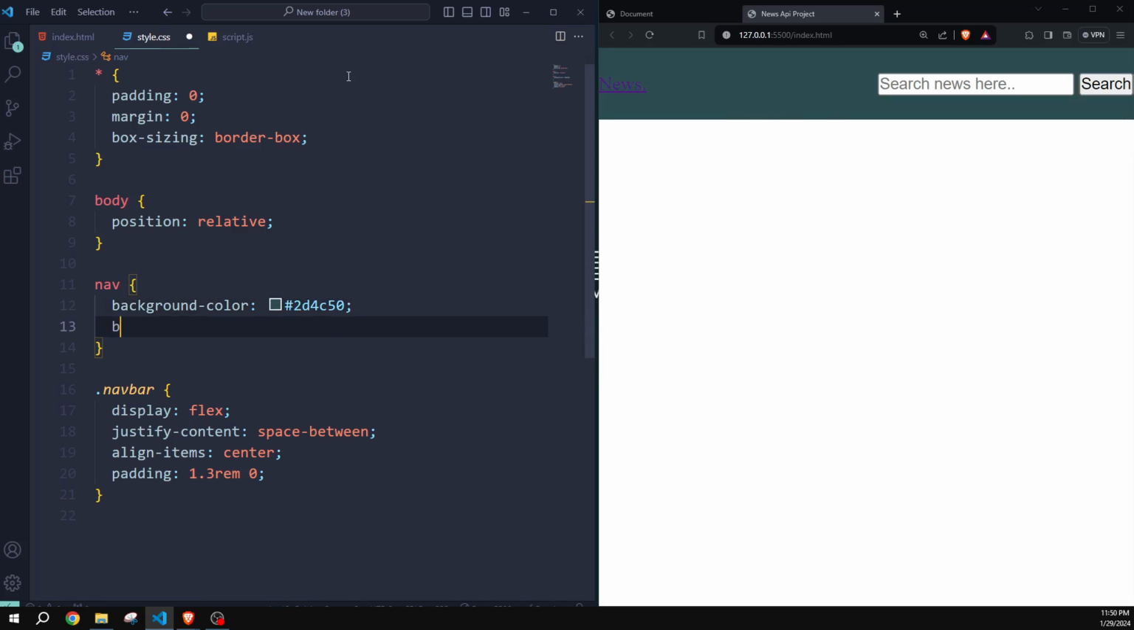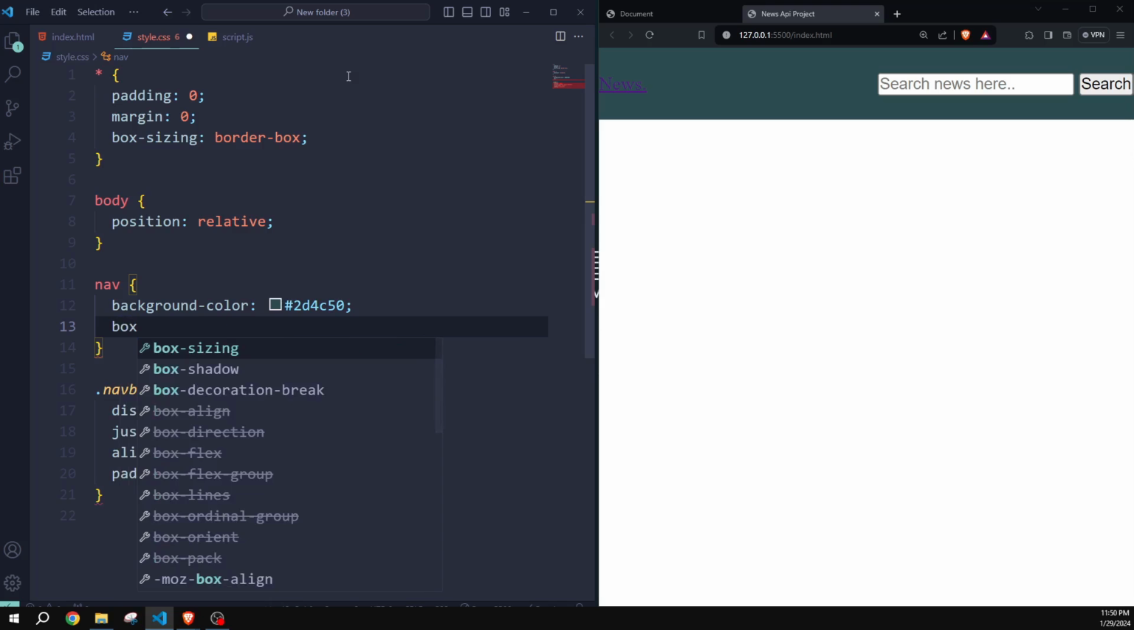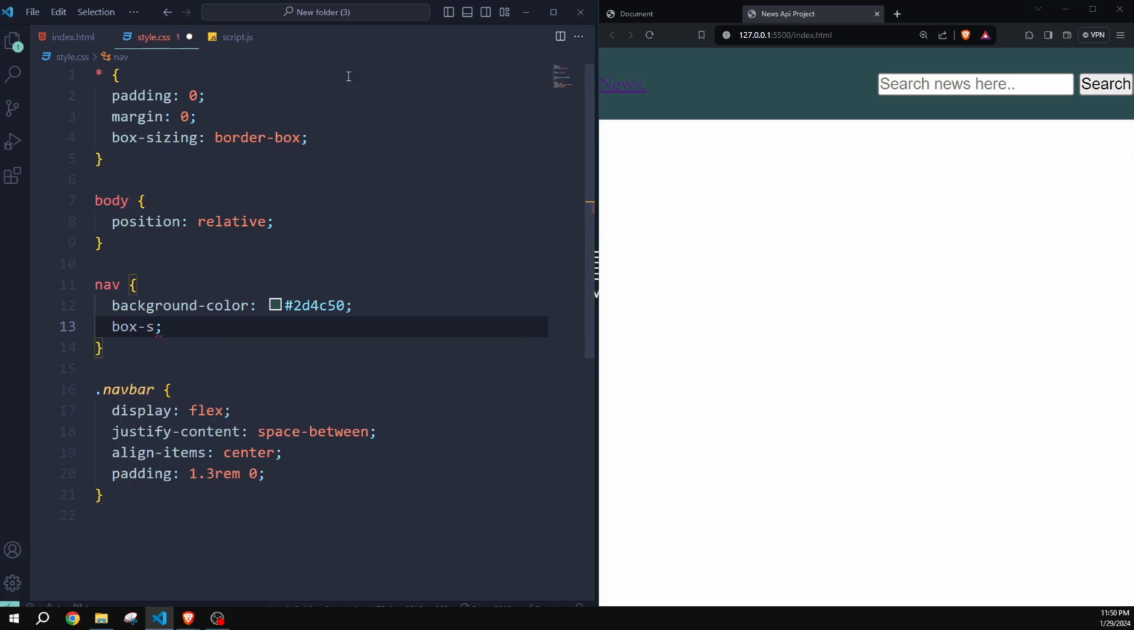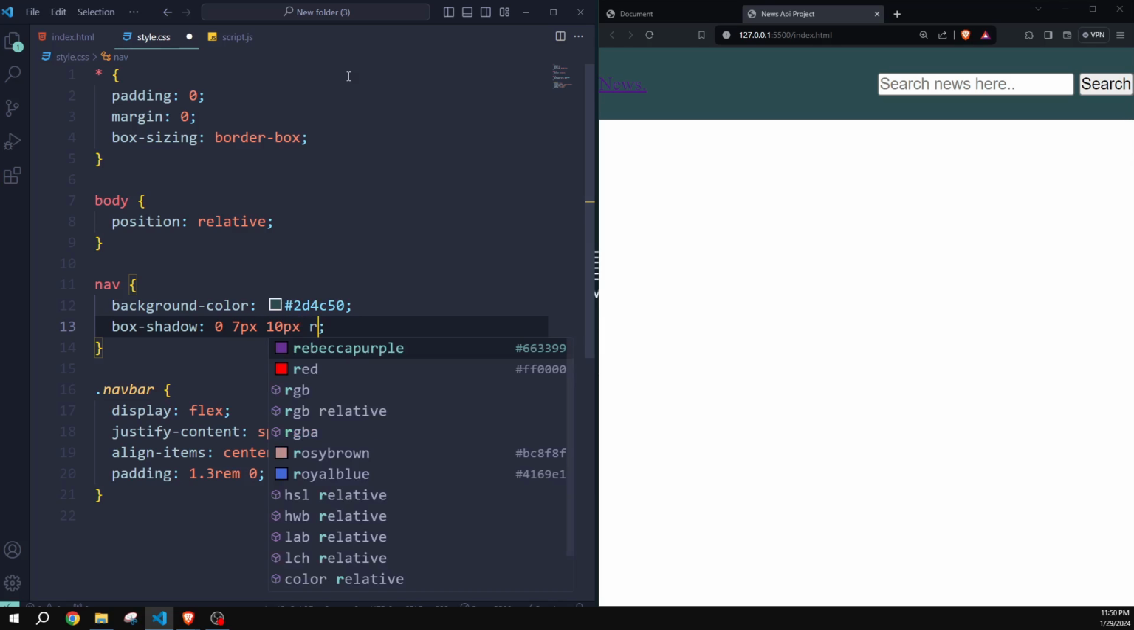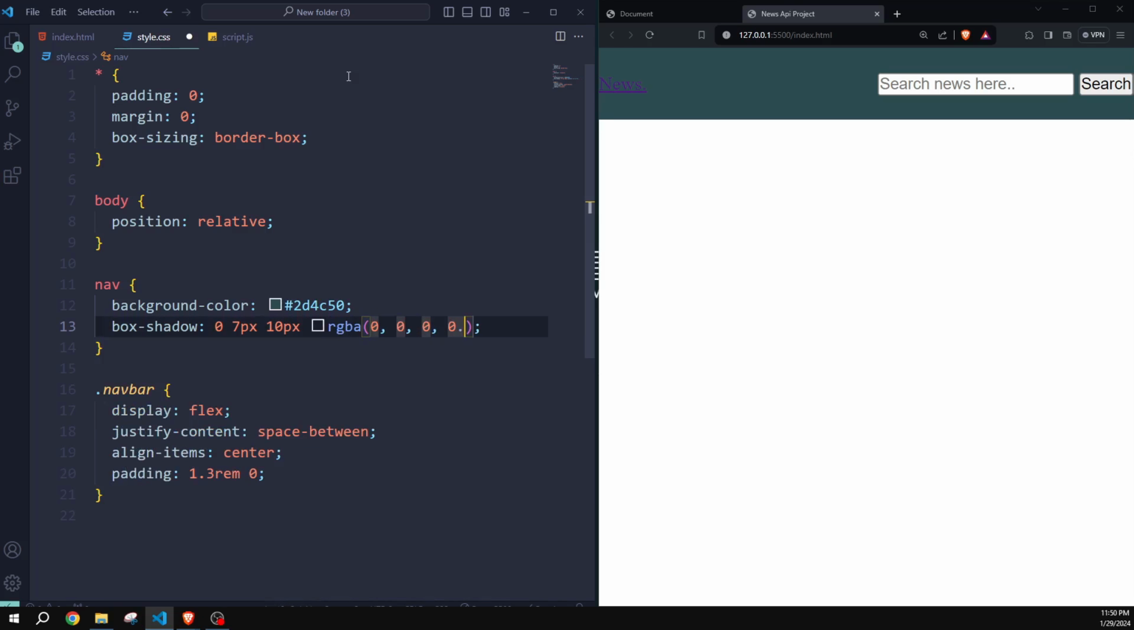And now I want some box shadow underneath our background. So that's why let's add box, not sizing, box shadow. And this one will be 0 pixel from X, 7 pixel from Y, 10 pixel will be the depth of our shadow. And I need to add an RGBA color. So this one will be 0, 0, 0 and 0.3. Now save. And here you can see that we have a beautiful box shadow underneath our